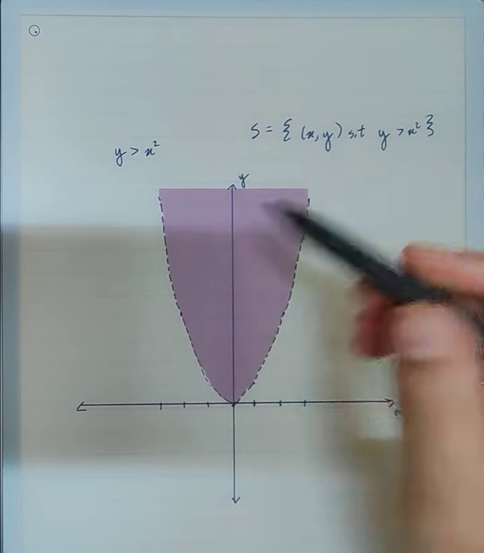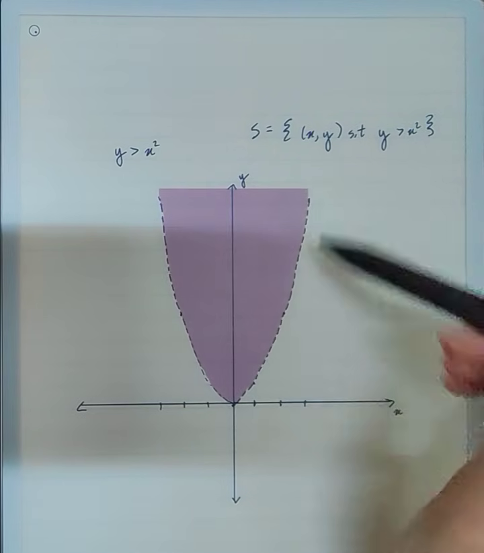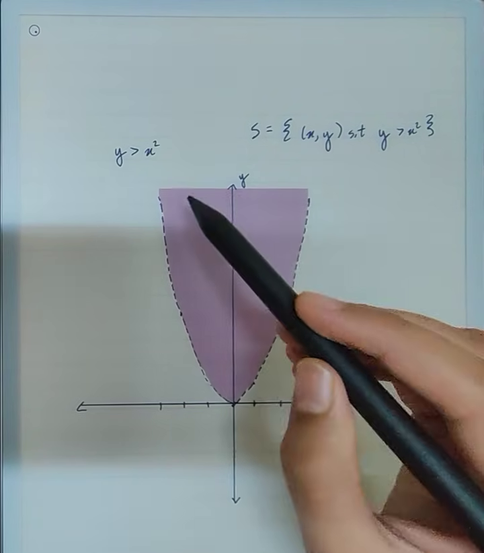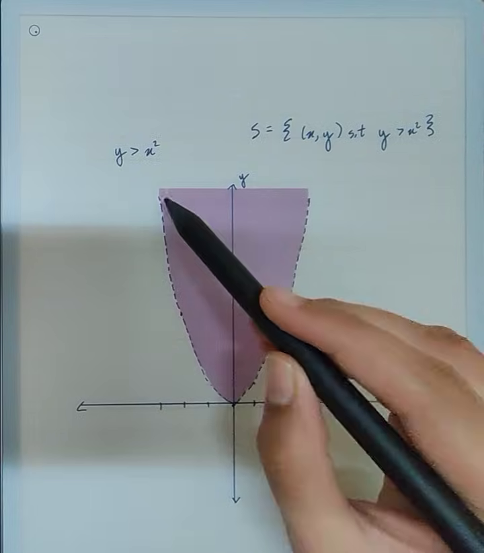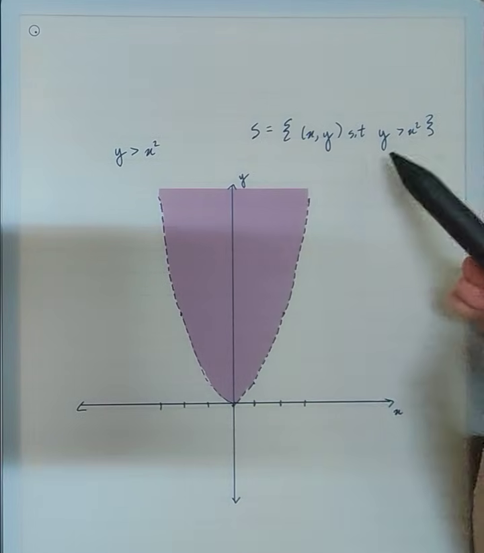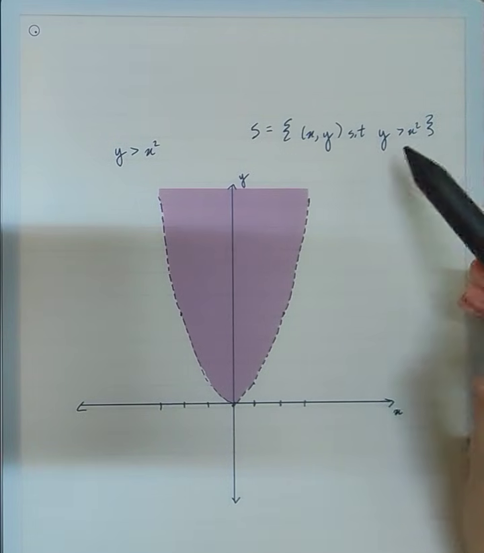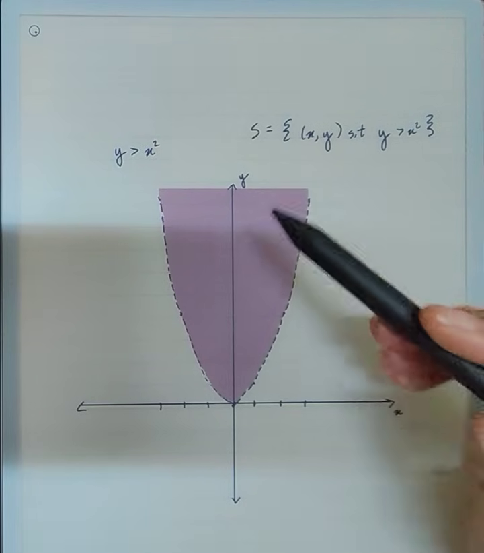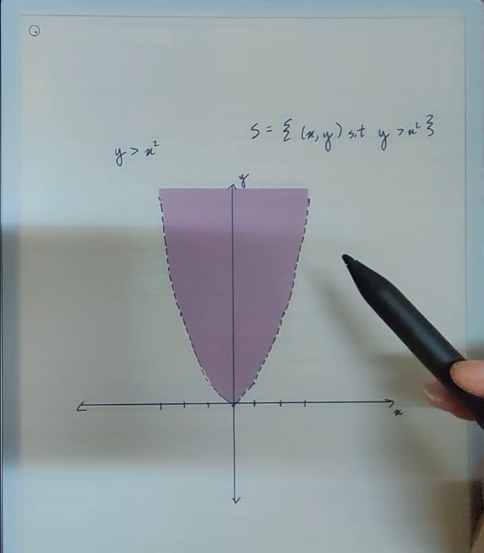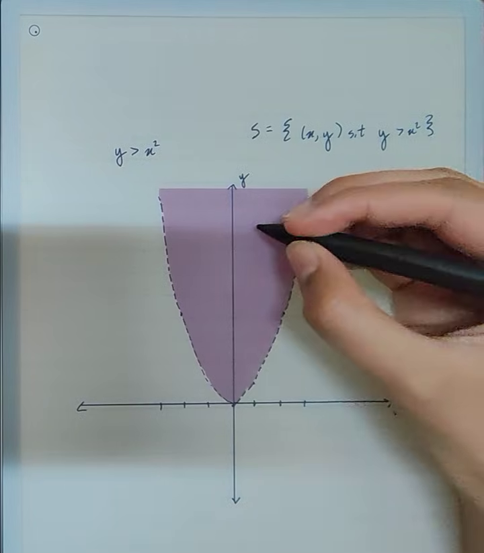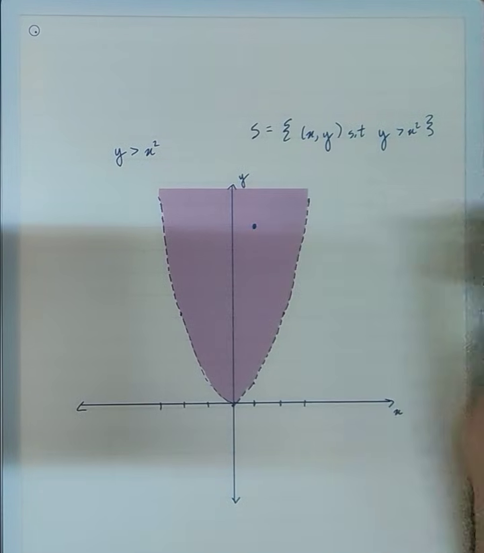So that's what you see right here. And note that this is a dotted line, this parabola, because we are not looking at the values that are actually on the line. We are only looking at the cases where y is greater than x squared and not equal to x squared. So within this pink shaded region, let me draw this dot right here,